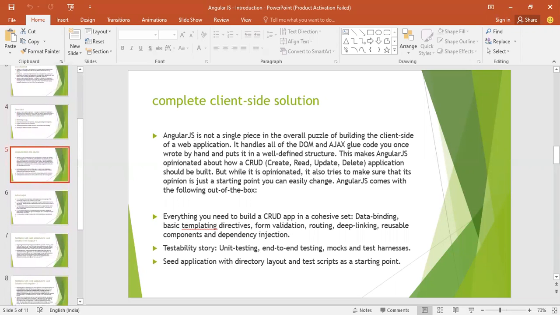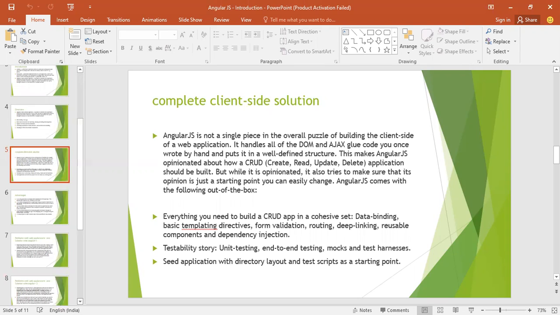So that is basically very important. The complete client side solution is something you can play around with again and again. That we already talked about. Data binding is a very important point. Templates, directives, that is also a very important point. And component lifecycle, or the component, is a very important point. So you can also play around in the component through the component lifecycle, and we can just do